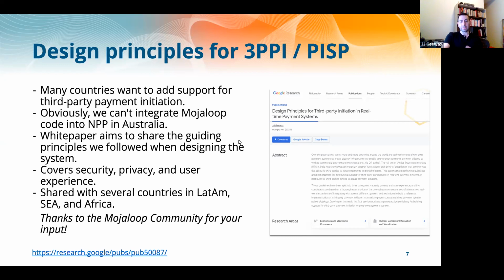It's a great way for us to share our work with people who are just working on RTP systems generally, and not necessarily people who are actually running the Moduloop system. So we can still influence the world even if they're not running the Moduloop code. I think it's a great step forward. Thanks, Lewis. Back to you.